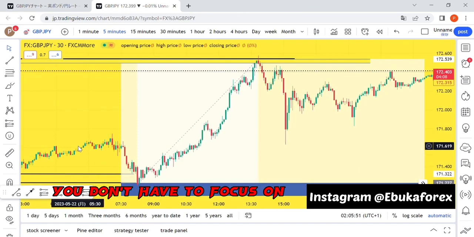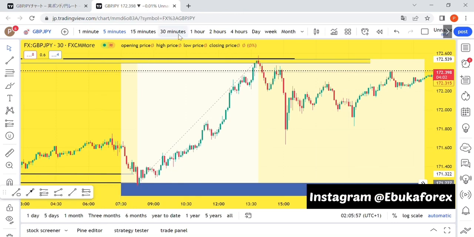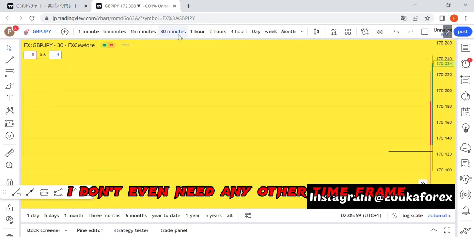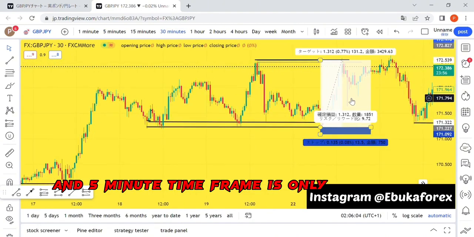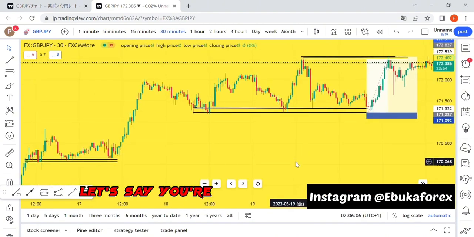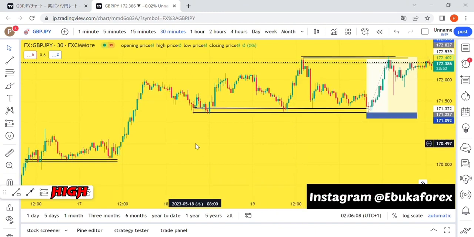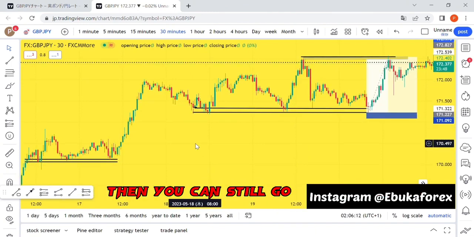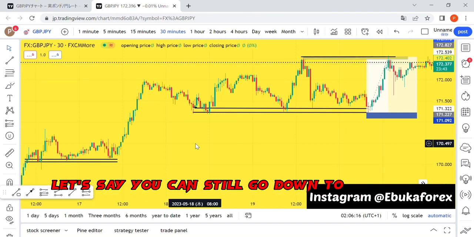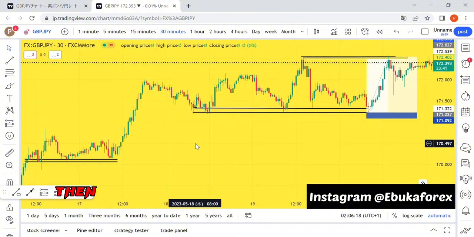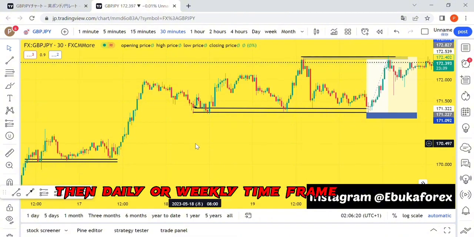You don't have to focus on candlesticks, chart patterns, and all those things. They won't help you, and you don't even need any other time frame. All you need is the 30 minutes and 5-minute time frame. It's only when you're looking for a better high probability trade that you can still go up to maybe the 4 hours, then the daily or weekly time frame. But to me,